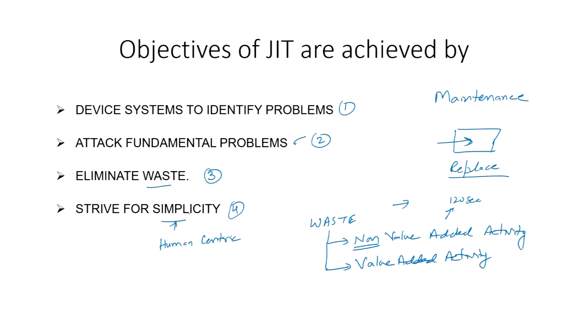So, this is how we will see several examples where simplicity is the keyword in solving problems, whether it is 5S where human centric housekeeping is done, or whether it is a Kanban system, no technology, no computerization, only a small card is sufficient to develop the material flow, to develop the trigger in the organization for what item to be produced and how much to be produced.